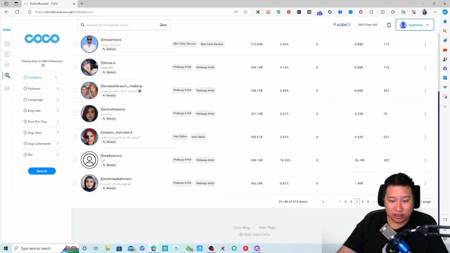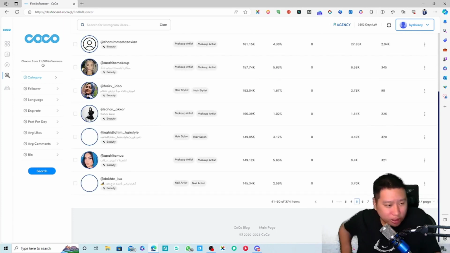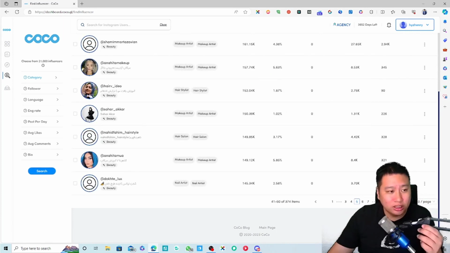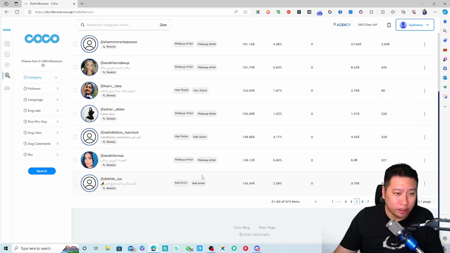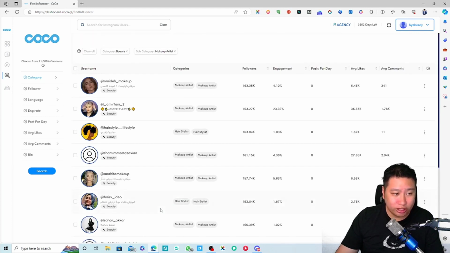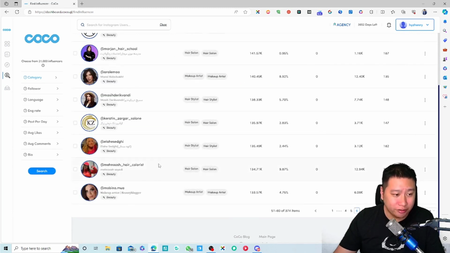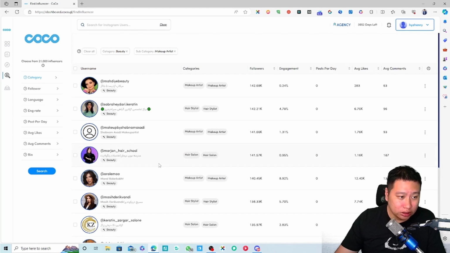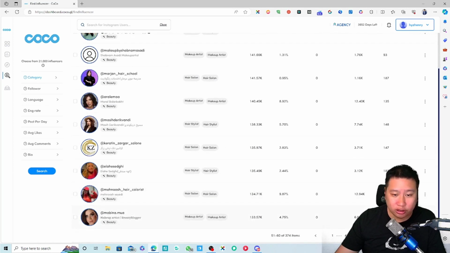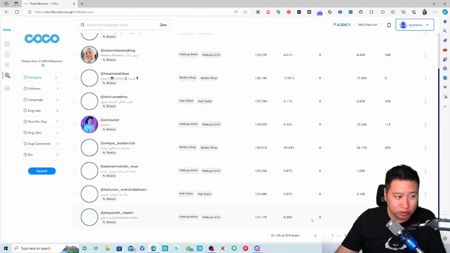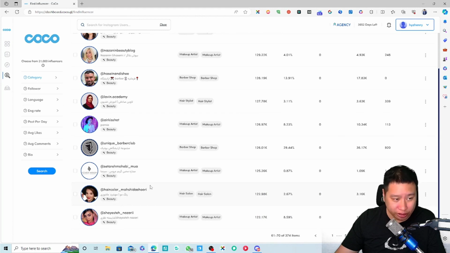So as you can see, they don't have a very broad database yet. It seems like most of the profiles they have are very restricted to certain areas.